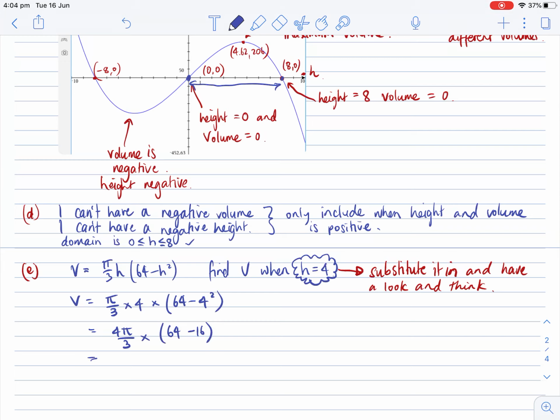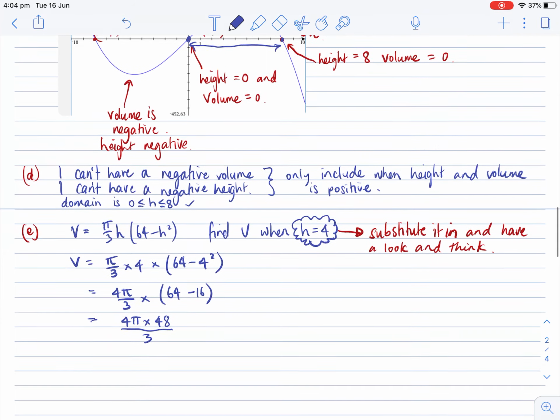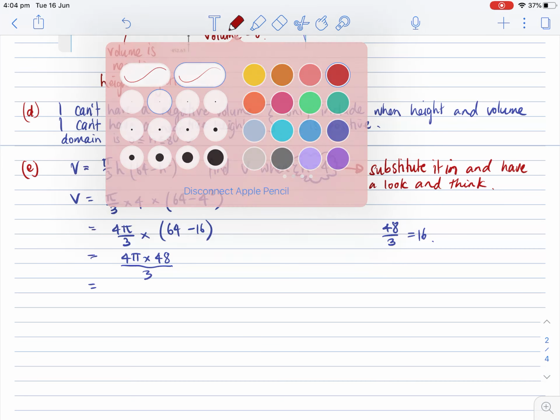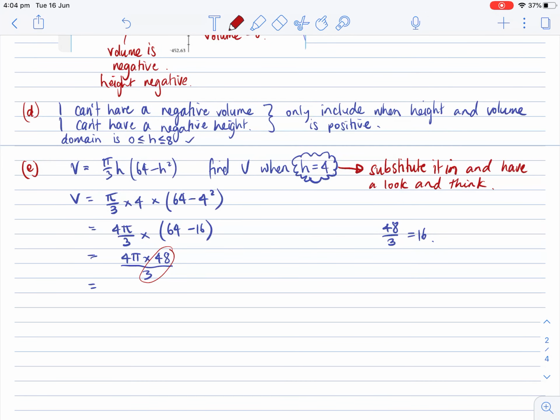64 take 16 is 48. So I can have 4 pi times 48 over 3. Now I deliberately haven't multiplied the 4 and the 48, because I know that 48 divided by 3 equals 16. So I can just put these two bits together and rewrite the expression as 4 pi times 16. And then I know 4 times 16 is 64. So there's my answer. The volume is 64 pi